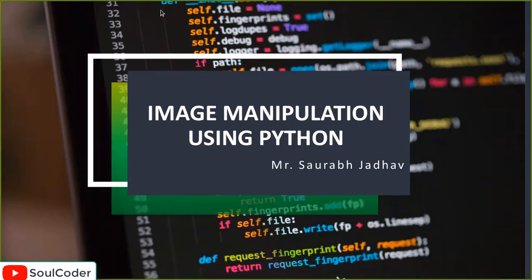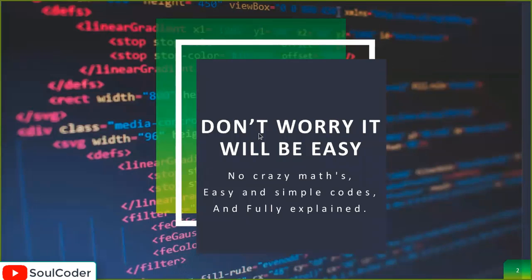And of course, everyone has already joined and watched the last webinar in which we covered all the basics of Python. So today we will learn how we can manipulate images using only those basics. We will use some different modules this time. We will learn how we can download and import new modules into our Python code so we can easily do different tasks. So let's move forward. Don't worry, it will be easy.